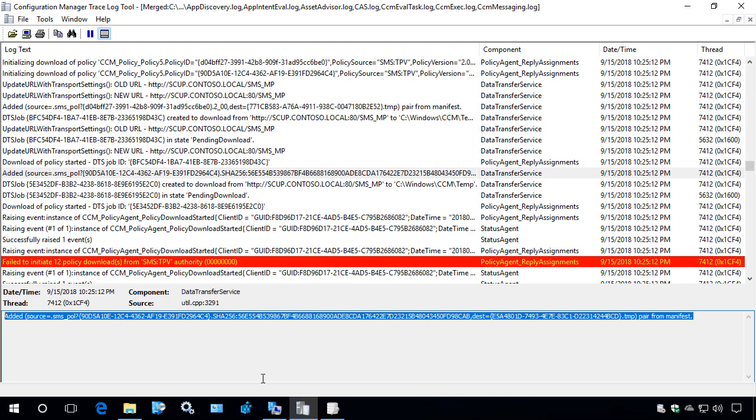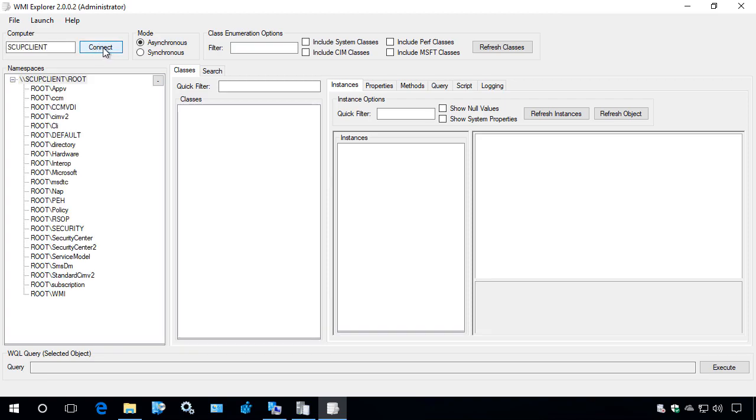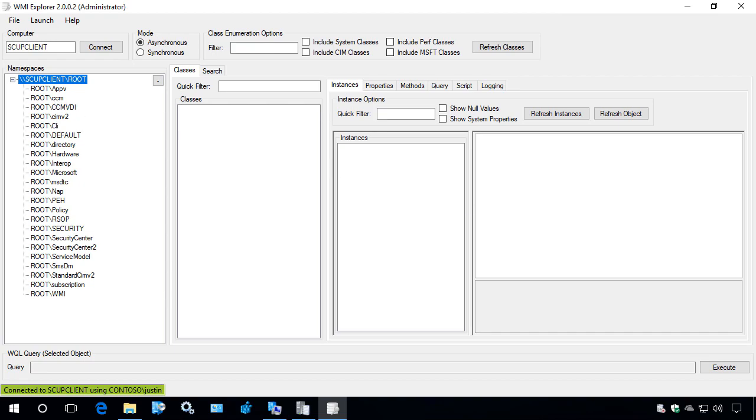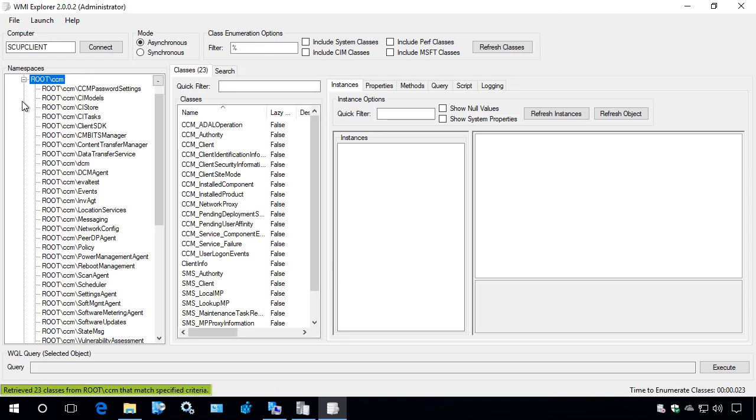Once we download the policy, we store that into WMI. I'm using WMI Explorer, and I'll include a link to this in our resources within the accompanying blog post. If we connect into our machine here, what we want to look at is our CCM namespace. If we expand that, there's going to be a policy,